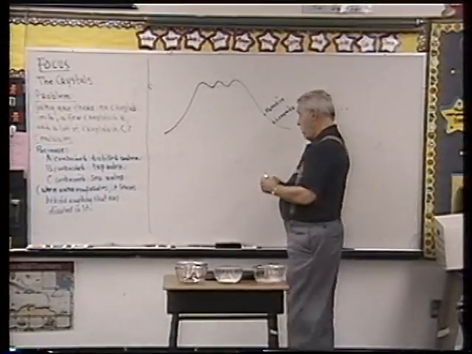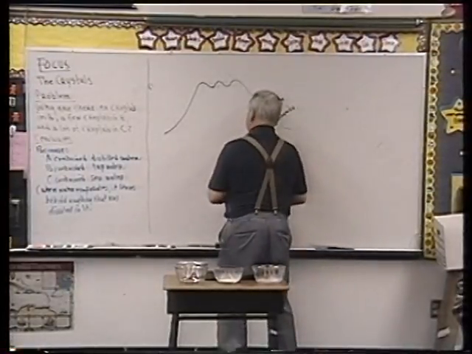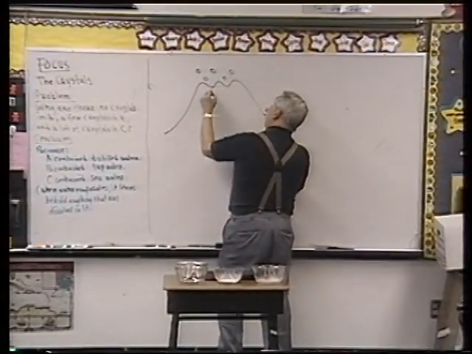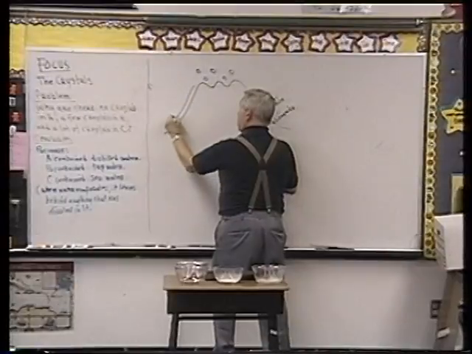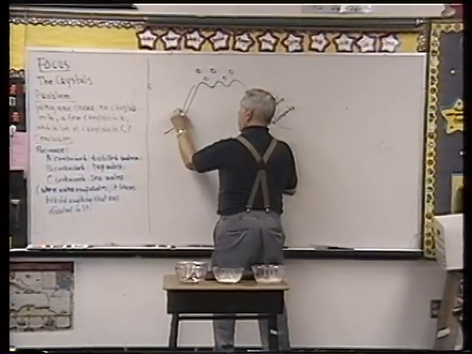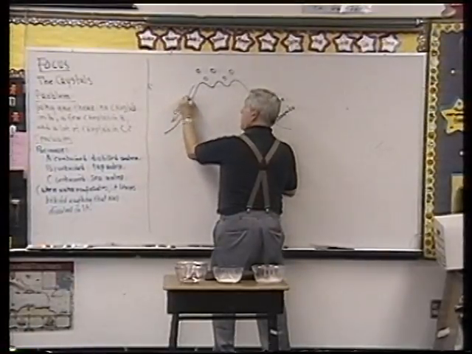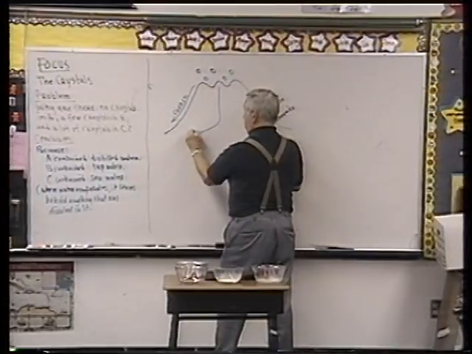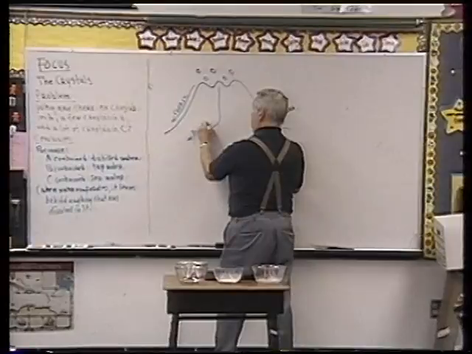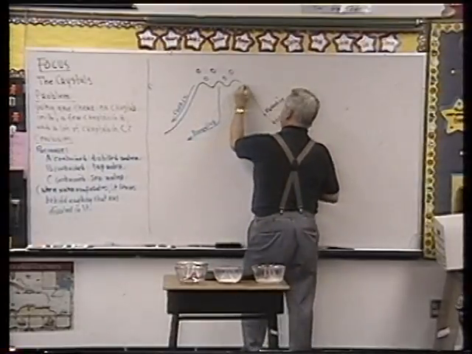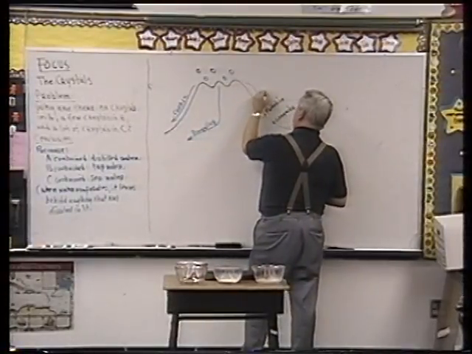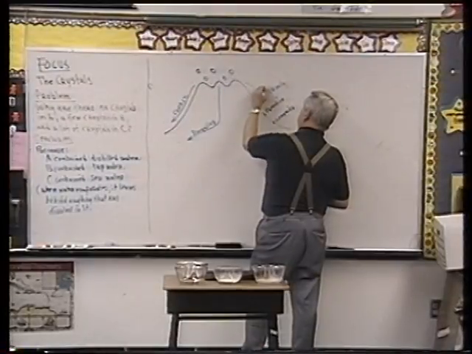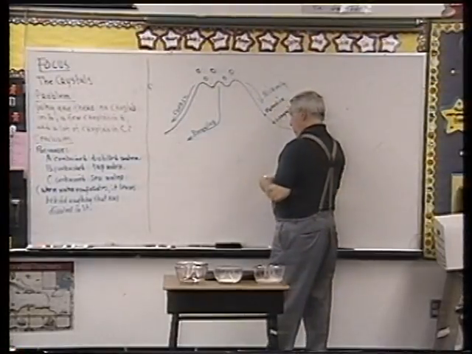Okay? Now, most of you know that it snows on Mount Rainier. Okay. Some of that snow melts and comes down this side and forms the Carbon River. Some of it melts and comes down this side and forms the Puyallup River. And some of it melts and comes down this side and forms the Nisqually River, which is the one you pass by when you're going up to Paradise. But some of it